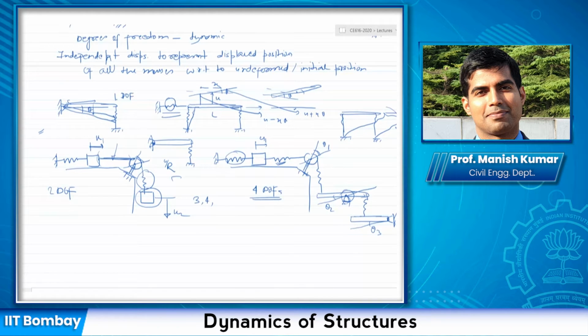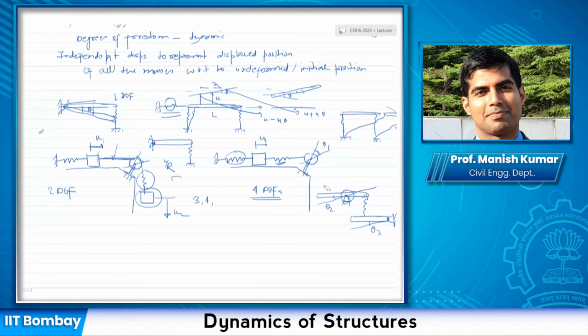So now what I would like to do, whoever had answered that there is 3 degree of freedom system, if you have any doubt after this, then you can unmute yourself and let me know. I will try to explain. Okay. Is it clear to all of you? How did I arrive at 4 degrees of freedom system?